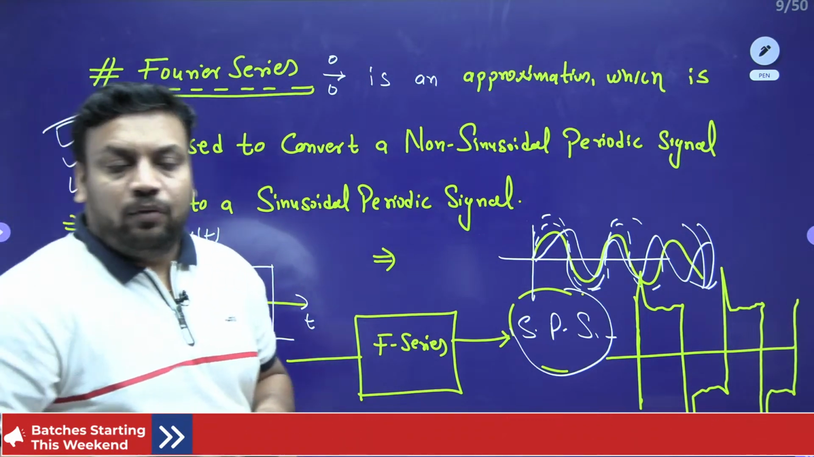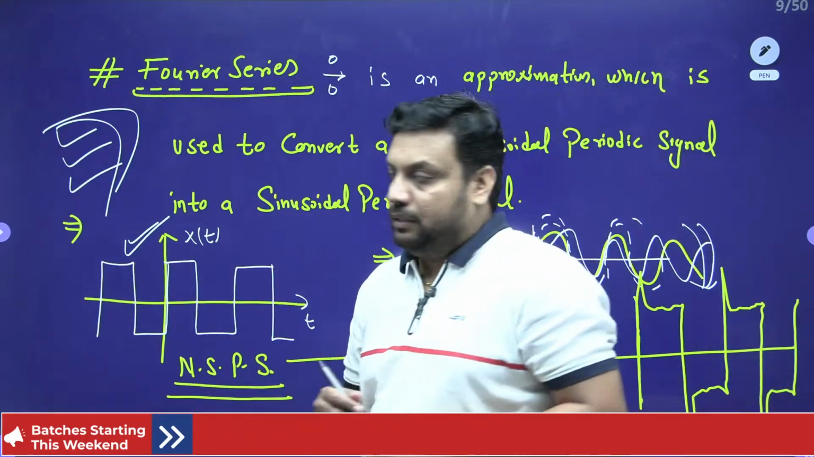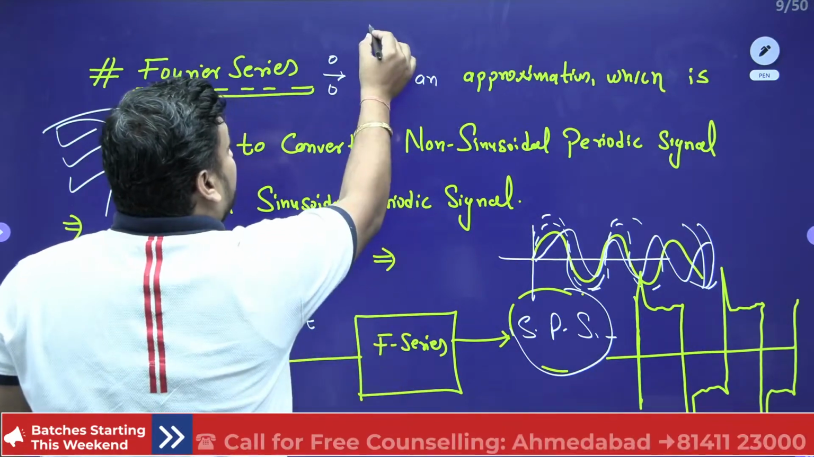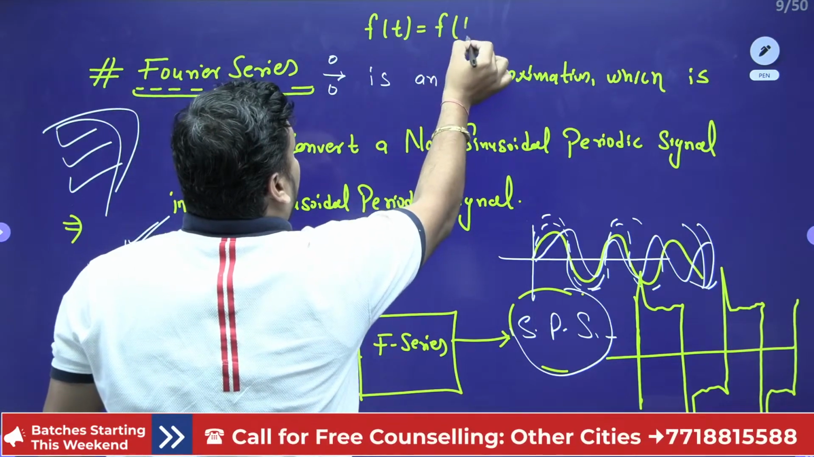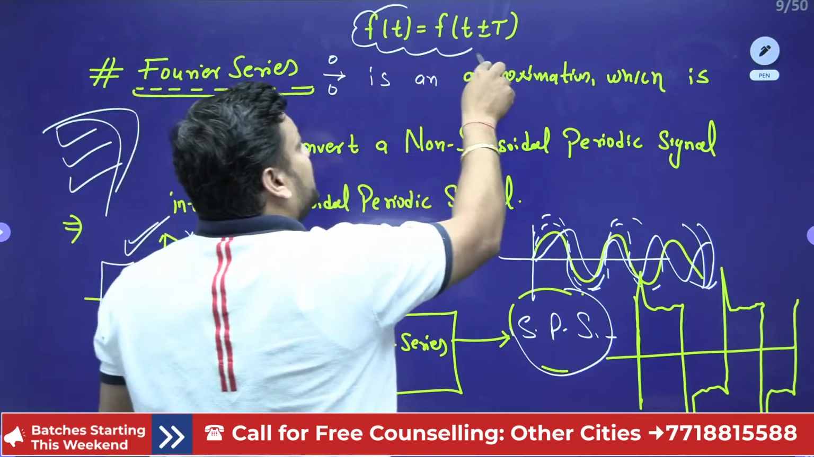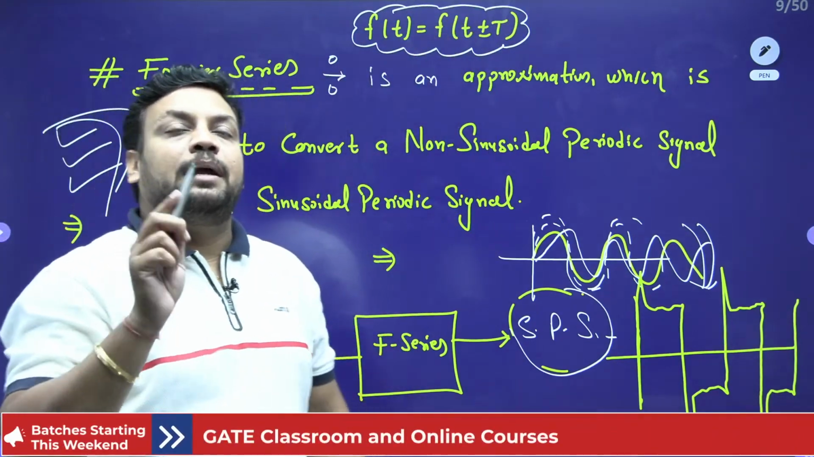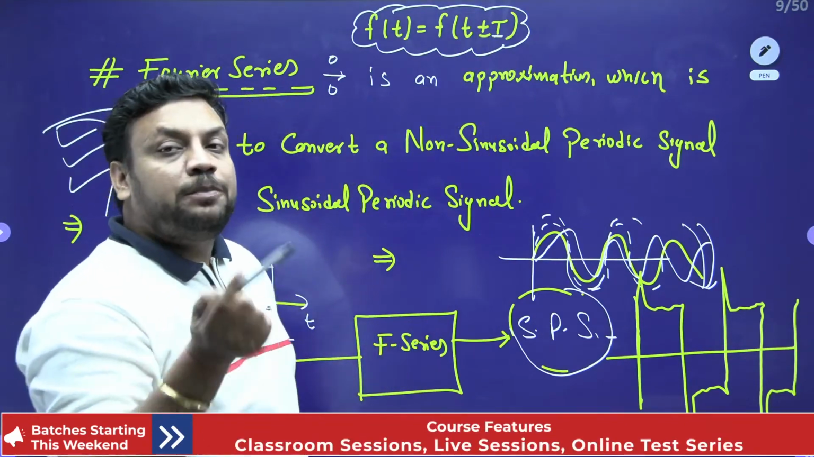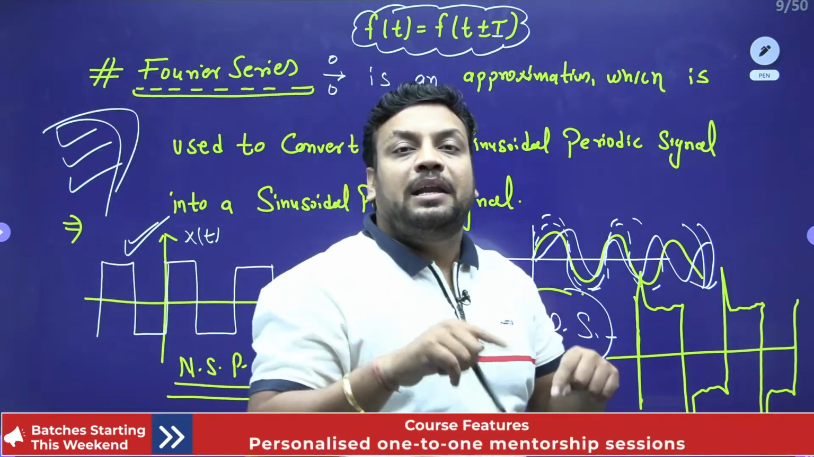In a Fourier series, we will represent a continuous time periodic signal. So we can write the next statement: a signal which is periodic with the fundamental time period T must satisfy this equation, f(t) equal to f(t plus minus T). A signal f(t) which is periodic with the fundamental time period capital T can be represented as